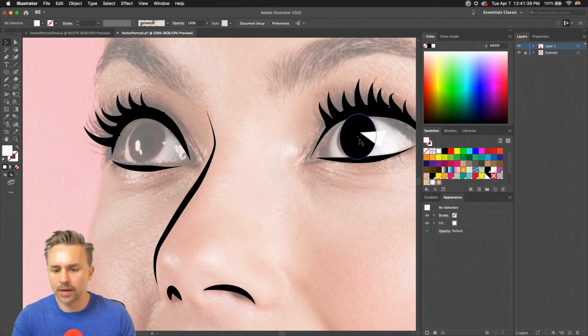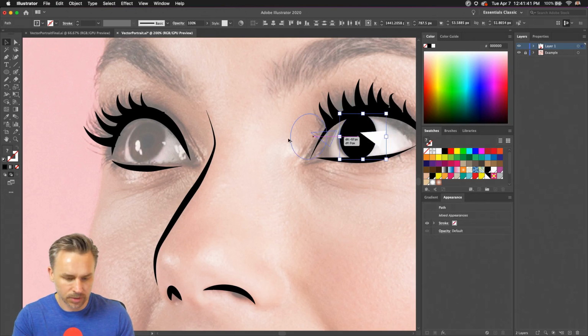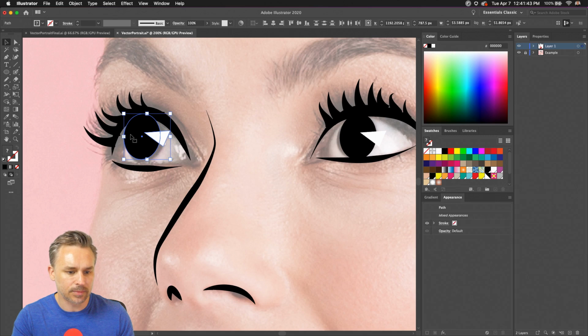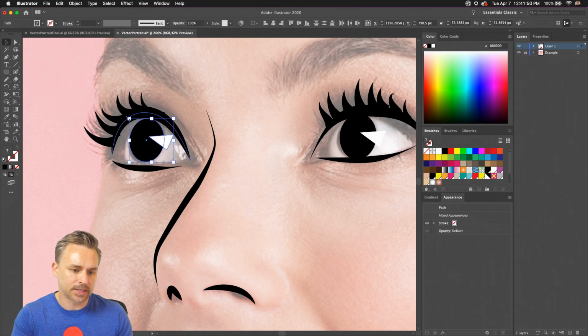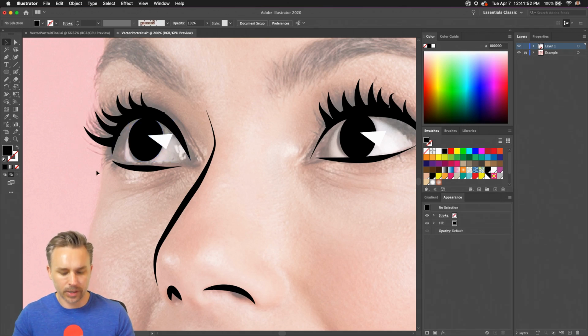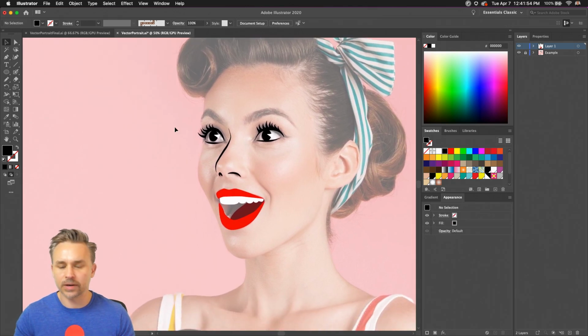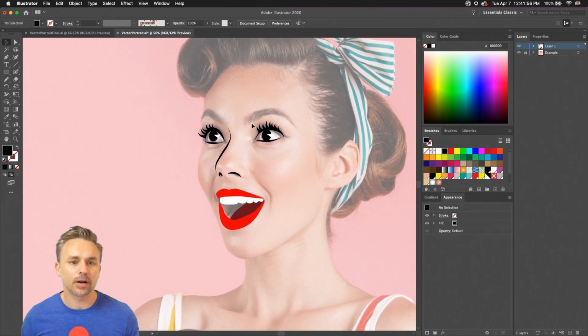Couple highlights over here. I'm not sure what I want to do with the highlights just yet. I do know that I want these eyes to kind of be roughly the same size. Technically, this one would be a touch smaller since it's back there a little bit further. So we could always resize that down just a touch. Either way, we want to just make her eyes look awesome. Okay, so we have that all squared away. Hopefully you're